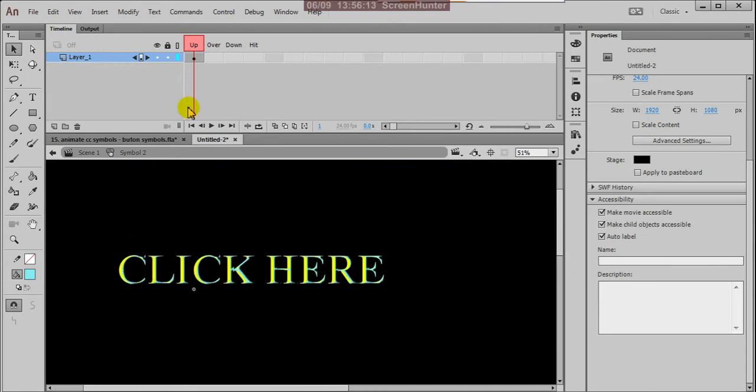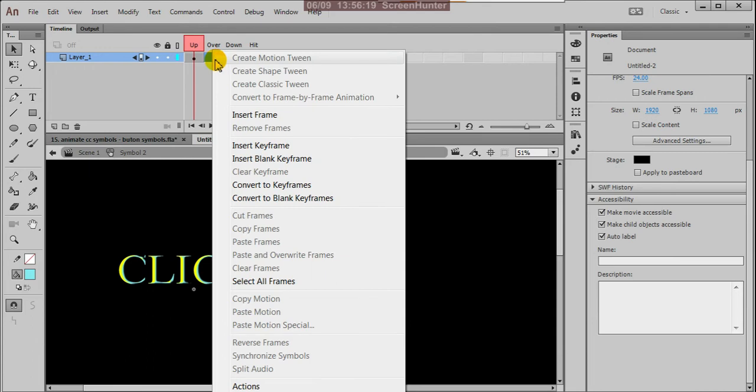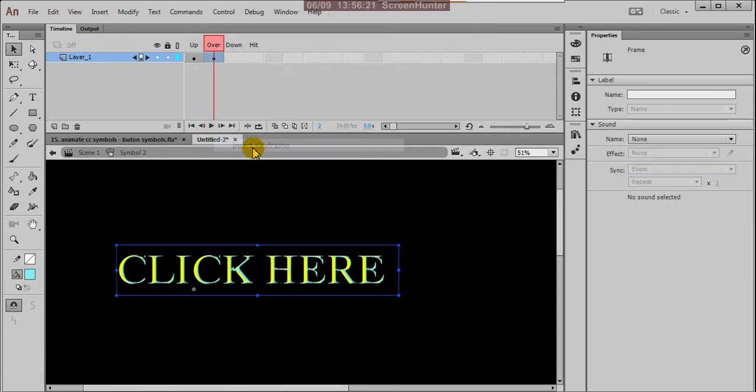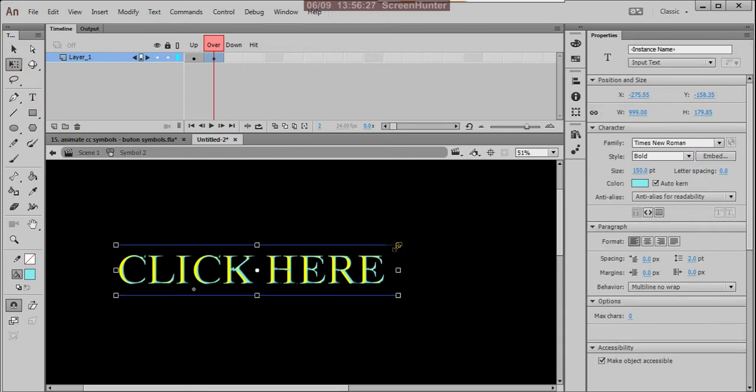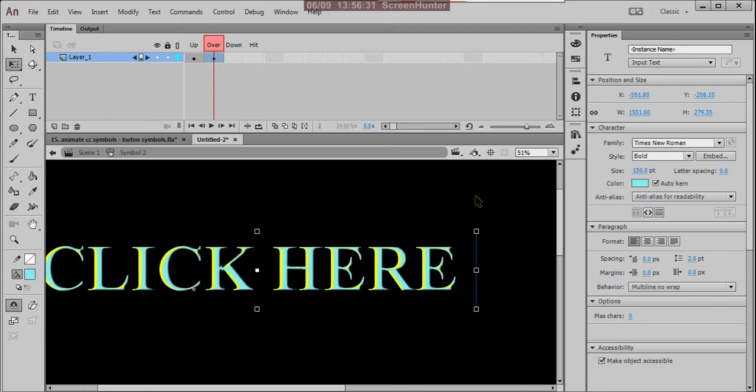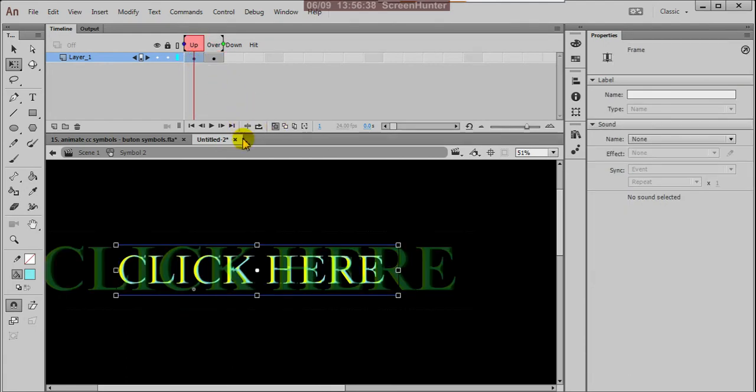Now this up area is already there. Here I'm clicking on the over state and inserting a keyframe. Now with the Q transform tool, you can enlarge this bigger. Turn on the onion skin, then you will understand what size you increased.